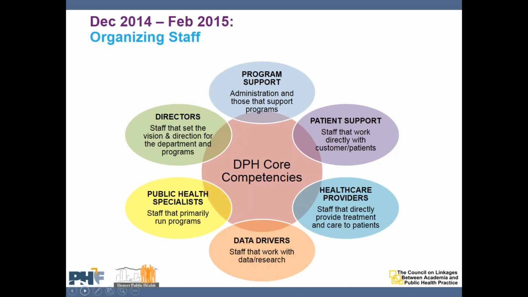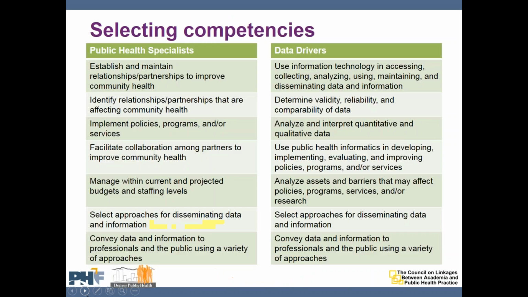Our department solicited input from representatives of each of these 6 job classifications as to what they thought was the most relevant to their work. And then on top of that, our Workforce Development Committee selected 15 competencies that we thought if you work at Denver Public Health, regardless of what your title is, or your department, or your job classification, or your tenure, if you are a Denver Public Health employee, we would like you to know these 15 things. And that's that center circle that you see on the screen here. So that would touch all 6 job classifications.